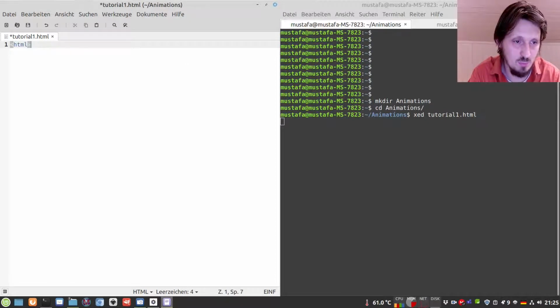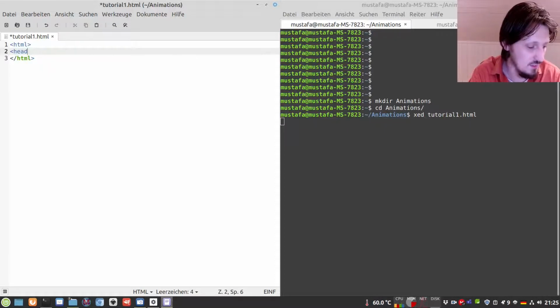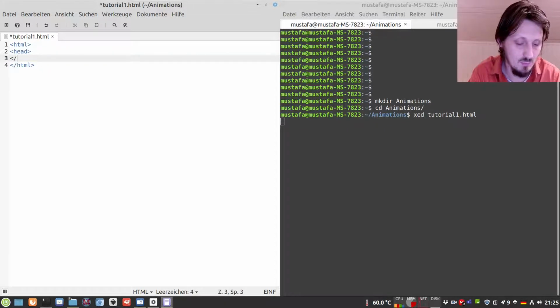Then we can start how we always start in HTML. We first have to put the HTML tag, so the browser knows that HTML text is coming, and then we have to define a head. So we use this head tag, and of course we always have to write it in this way. And then we can also set a title. Let's call it just animation. This will be shown later in the window of our web browser. And then we can define our body here.